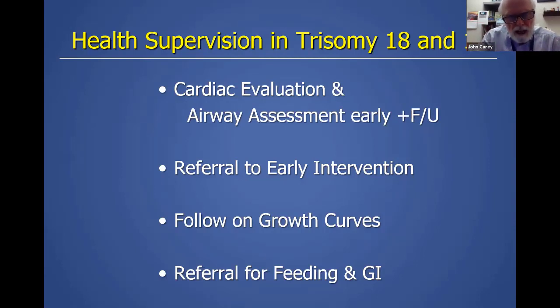Of course, cardiac evaluations: 80 to 90% of children with trisomy 18 and 13 have anomalies of the heart. And an airway assessment, which is important to be early and comprehensive. And Dr. Glenn Green will give the professional talk on Thursday. And since I know parents now can attend that, he has given 2 SOF talks in the